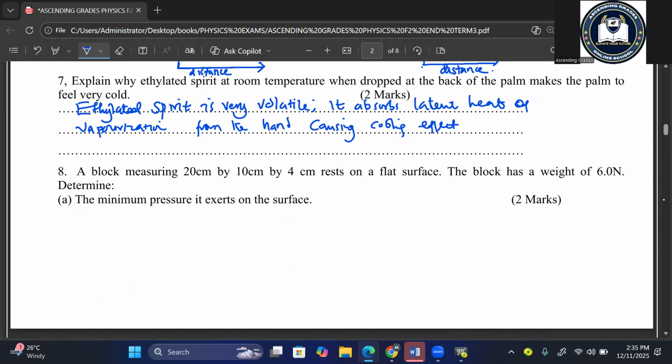The block has a weight of 6 newtons. Then we are told, determine the minimum pressure as the first question. So this is from one work. Minimum pressure